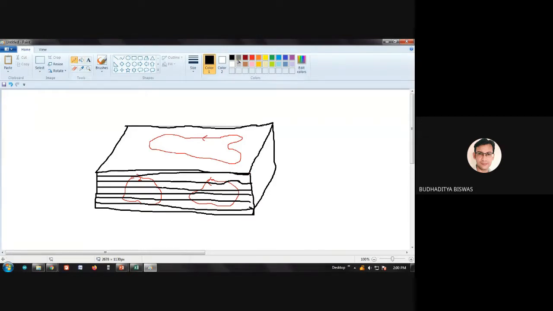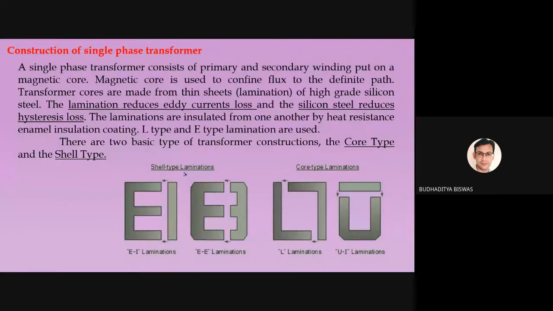How? Because now the current is not able to flow from this laminated sheet to that laminated sheet, because there is insulation between the sheets. The current may flow along the sheet, no issues, but it cannot flow between the sheets. If the current wants to flow across, it needs to cross the sheets, and between the sheets there is insulating material. So these sheets are electrically isolated from each other with the help of lamination to reduce the eddy current loss. As the travel distance is less, the current is not able to flow through a long distance. Obviously, the current magnitude is reduced, and the eddy current loss is also reduced.